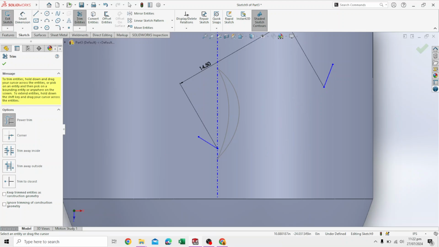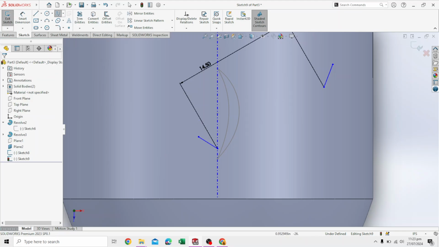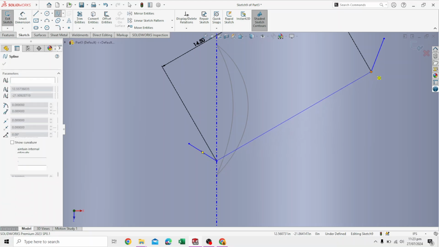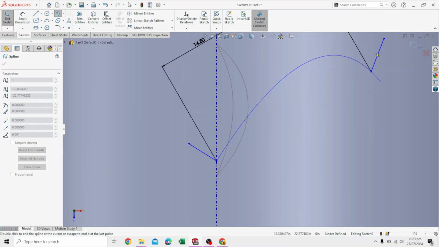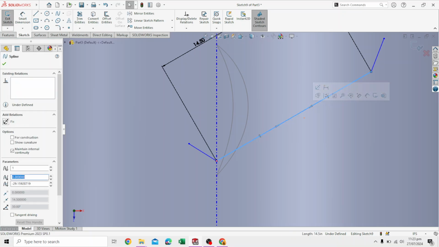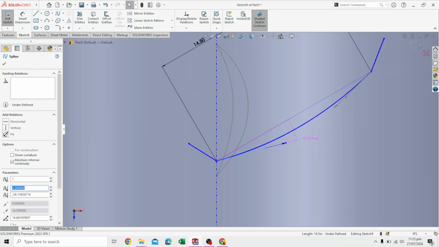Remove this, remove this. We just needed these 2 points, this point, this point. Spline command, spline. Click on this point, click on this point, press escape, select it,